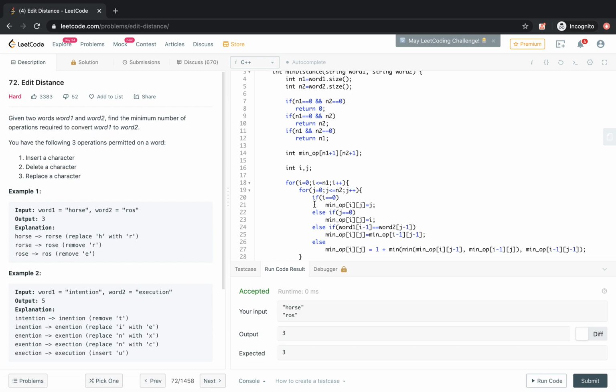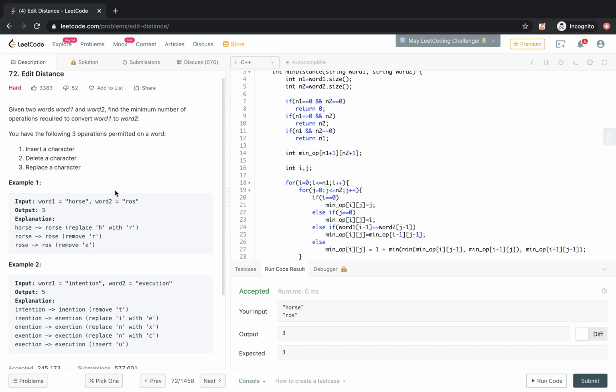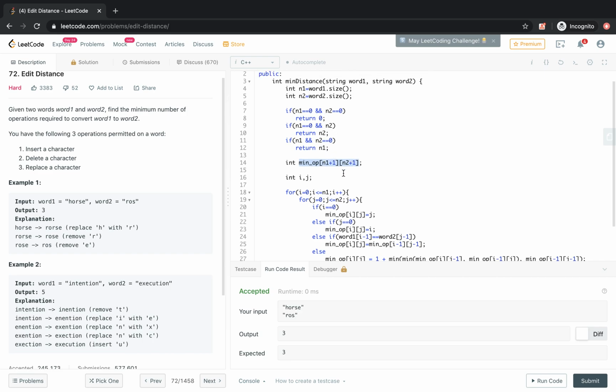So what we have done is we have tried to solve this problem with DP. Basically we solved the problem for a subproblem, and we use that result to solve a bigger problem. So word 1 is a string of this many characters, and word 2 is a string of this many characters. We'll try to solve for 1 character, then 2 characters, and so on. So we have taken a table which will be filled in a top to bottom manner, of size word 1 plus 1 by size of word 2 plus 1.